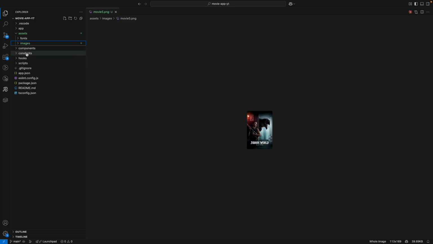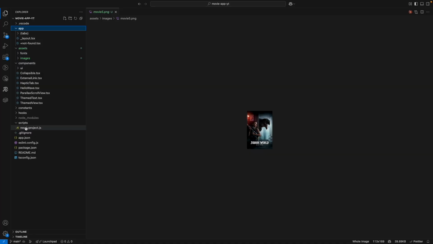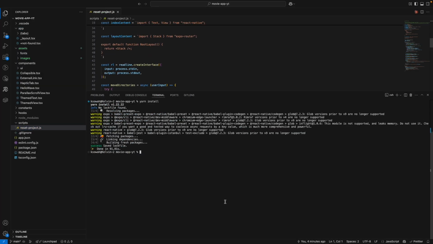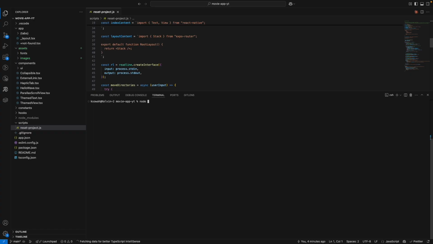Now, the next thing we want to do is run a script here. So, once you set up a new project with Expo, it creates this dummy data with a lot of components and screens and whatnot. We don't need all that. We are going to run this script to clear all those things. So I'm going to simply say node scripts/reset